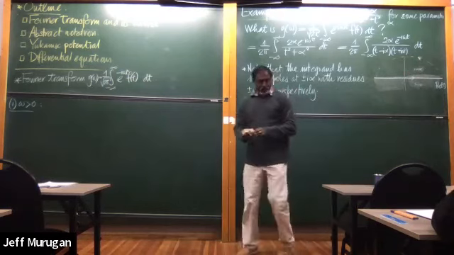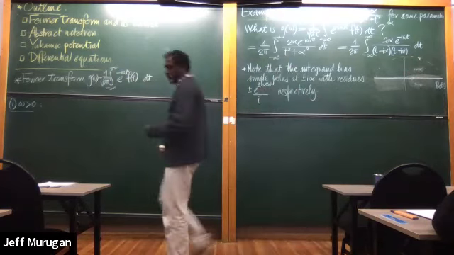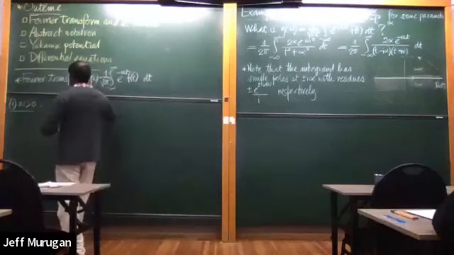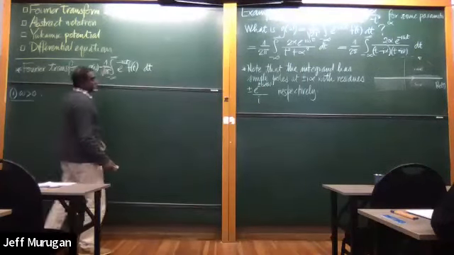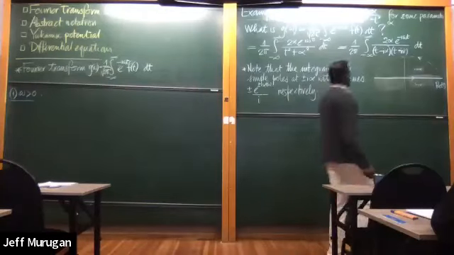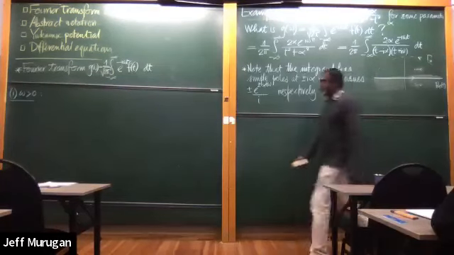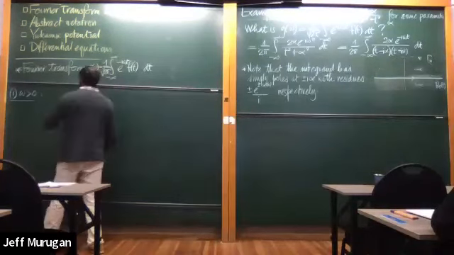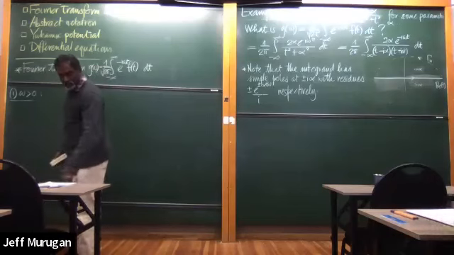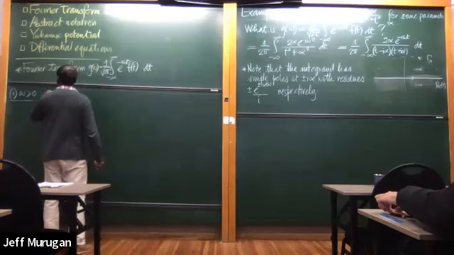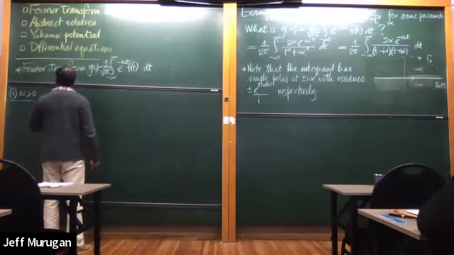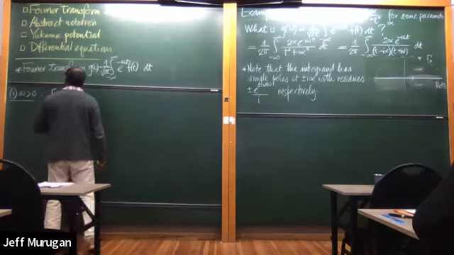If I close the contour on the upper half plane, I do an integral over, let's call this contour gamma U for upper half plane. So then the integral is a closed contour integral over gamma U